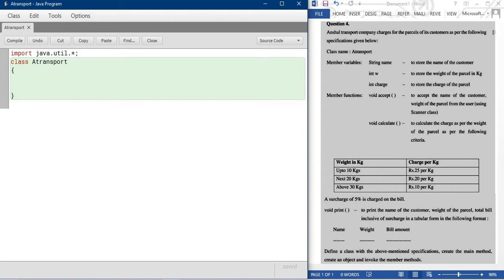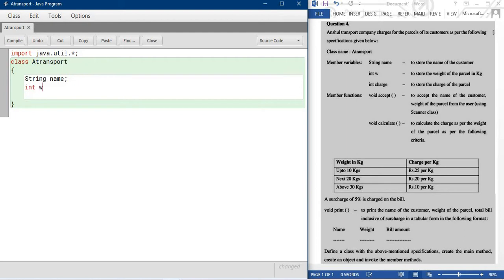I'm writing String name; then int w, charge. So I'm writing int w, comma, charge. Now writing the scanner object.